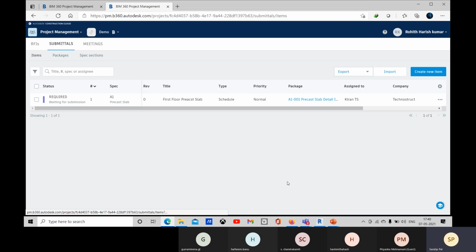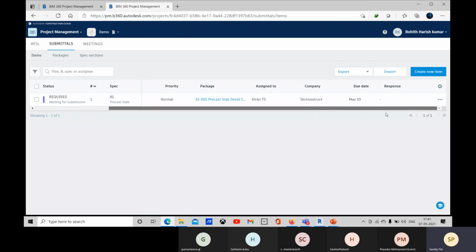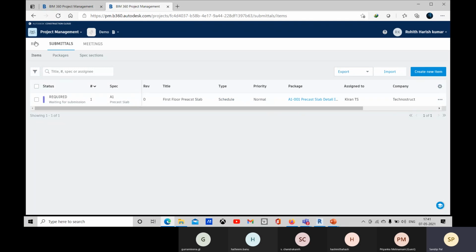You can also install BIM 360 on your mobile or your iPad or any mobile device. Go to the Play Store, there you will find BIM 360 and you install it. And on the site you can go with your iPad or your mobile, and there you can access this information, open it and execute it.